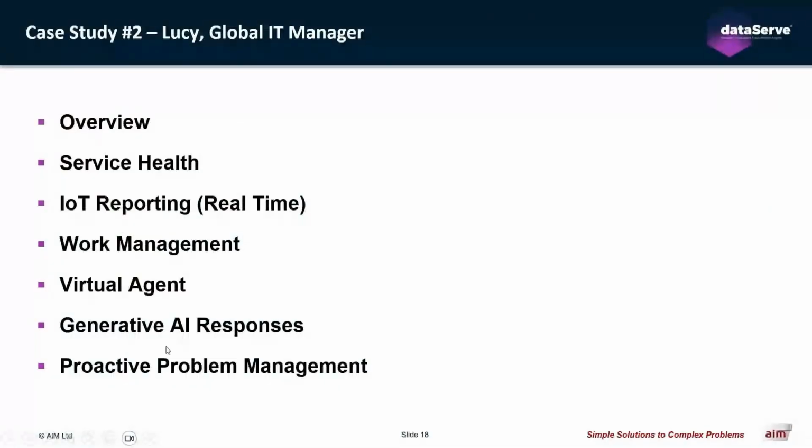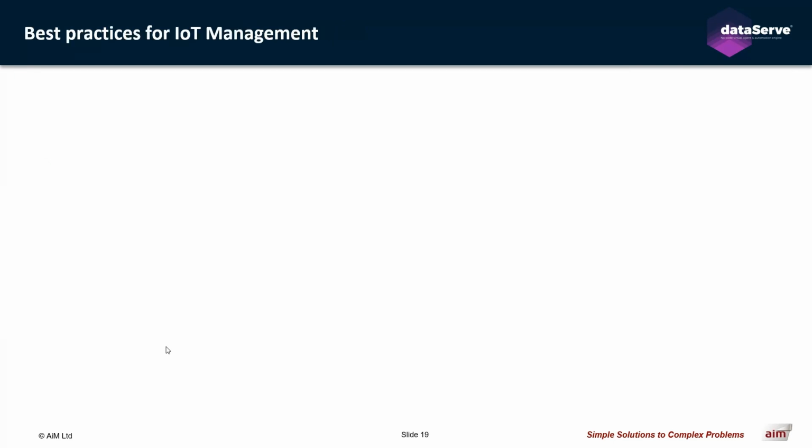And what we've just seen there is some of the use cases that some of our customers are currently using, and a bit of a demonstration that they're both making use of AI to help with predictive maintenance, analytics, and reducing downtime as the primary gains, but there's certainly more that can be made out of it. So just moving forwards, I just wanted to finish off with some best practices for IoT management, look a bit at strategies and some of the challenges that come up.